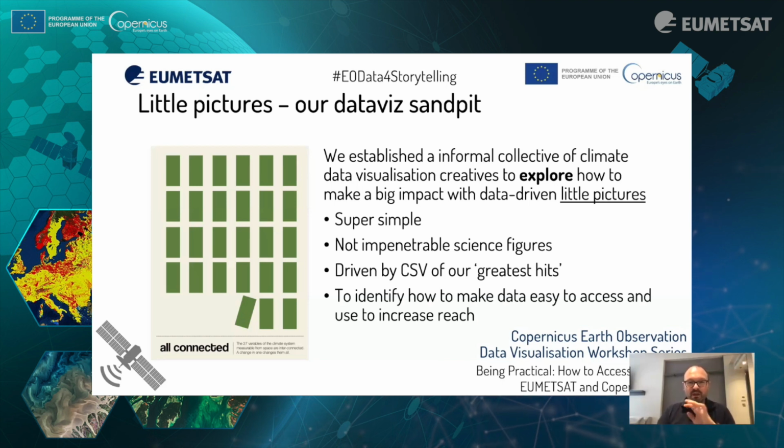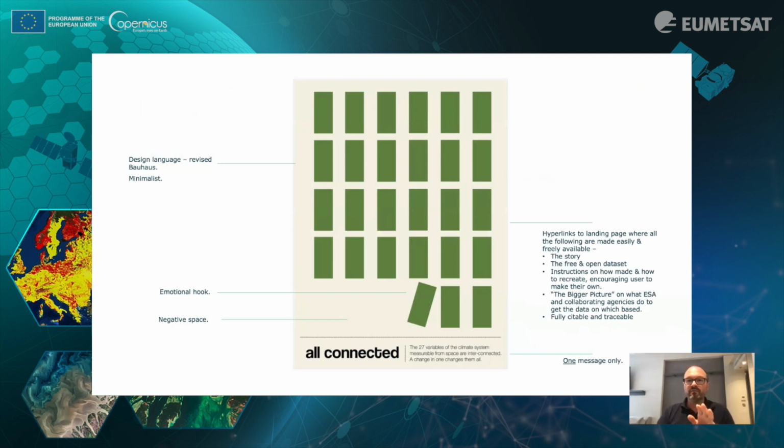So the next few slides are going to give you an overview of some of the outputs that we put together. Let me go through the anatomy to start with. My creatives have taken a revised Bauhaus approach. That's the arty way of saying it's just supposed to be clear, simple, and functional in what we're showing. We're not trying to show maps like we would do traditionally, where we'd overlay, say, the land surface with soil moisture data or another variable. We're using minimalist graphics to get our message across.